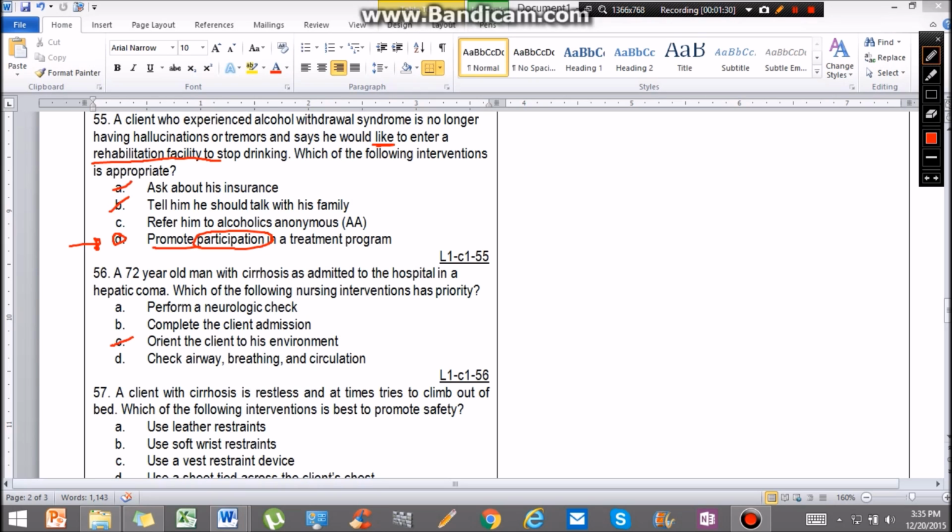First, let's eliminate C. You cannot orient the client because the client is in a coma state, which makes letter C wrong. Completing a client admission is not, of course, your priority. A client in coma is considered unconscious, and for a client who is unconscious, our priority is always a patent airway. Therefore, the answer should be Dallas. Next,